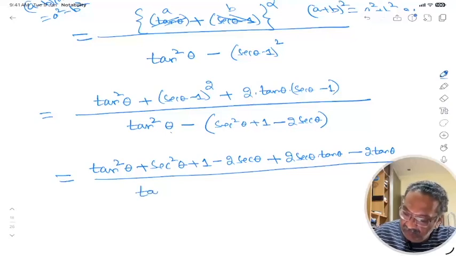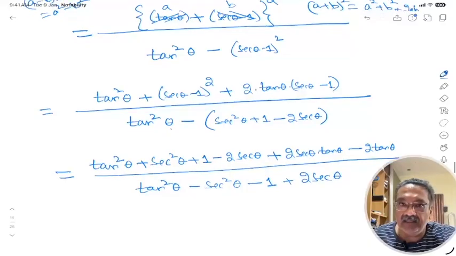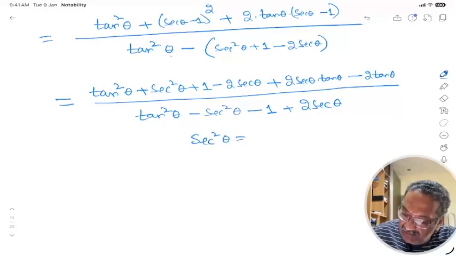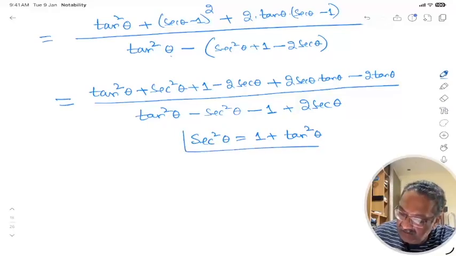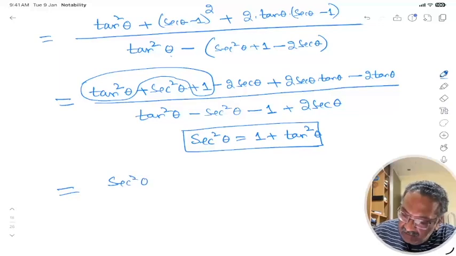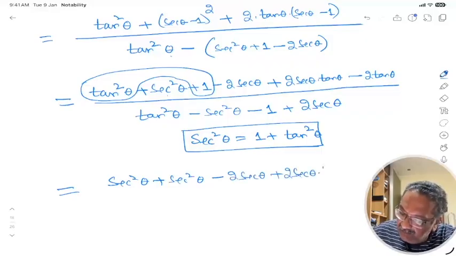divided by tan square theta minus secant square theta minus 1 plus 2 secant theta. Which identity connects secant square and tan square theta? We have secant square theta is equal to 1 plus tan square theta. Alright, this is the identity. Now how will I use this? Look at this. I have tan square theta plus 1. This becomes secant square theta. Secant square theta minus 2 secant theta plus 2 secant theta into tan theta minus 2 tan theta